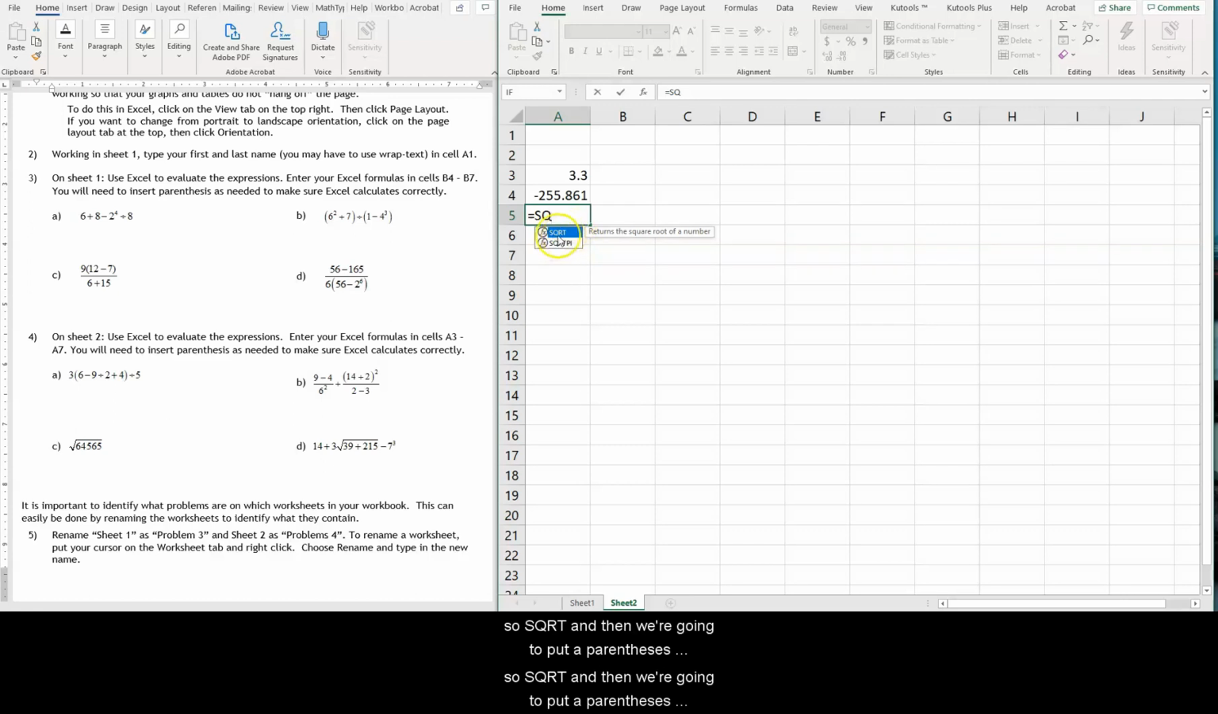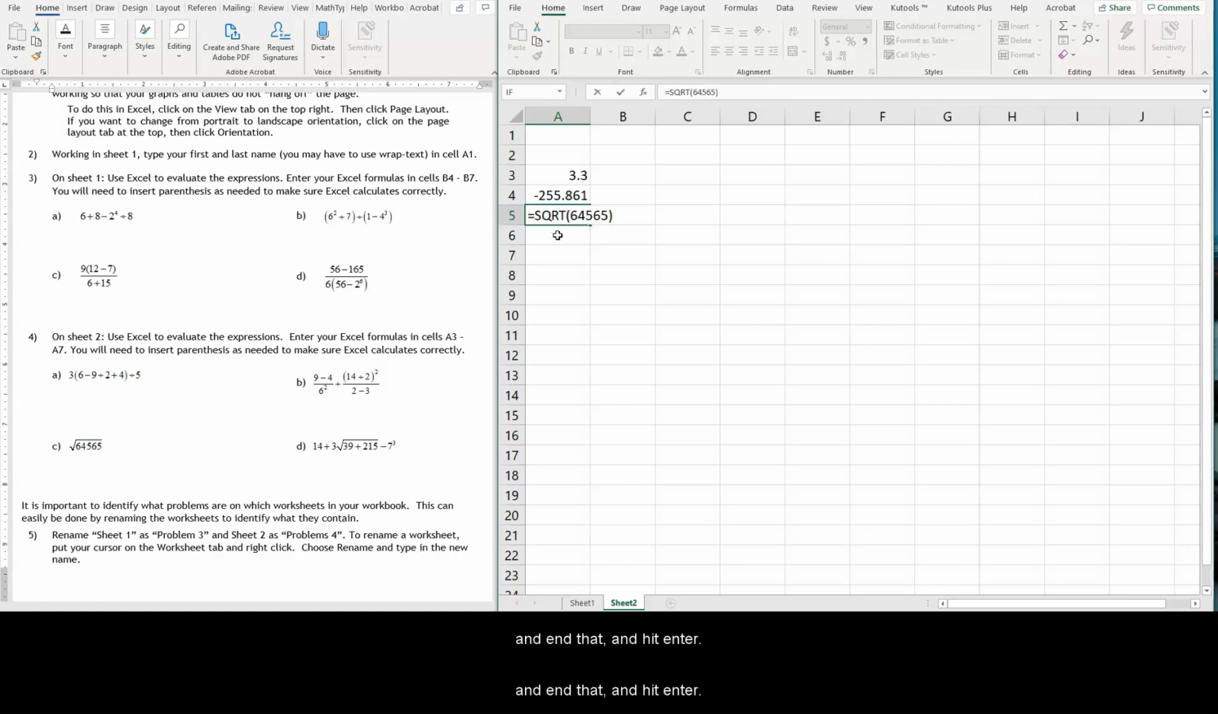So SQRT, and then we're going to put a parenthesis, and whatever number we want to take the square root of, we're putting in the parentheses. So 64,565 goes in parentheses. And in that, and hit enter. There we go, 254.096. Okay, and then our last one to enter,